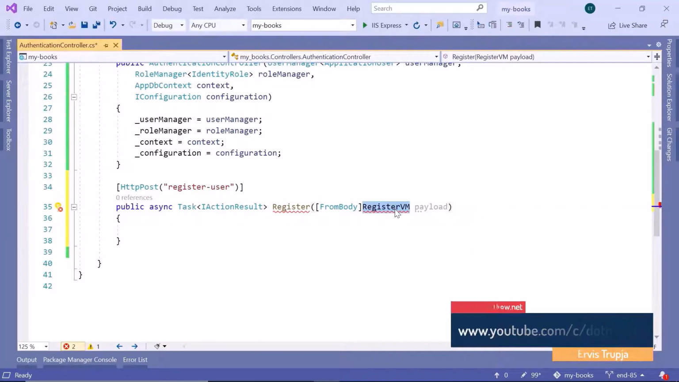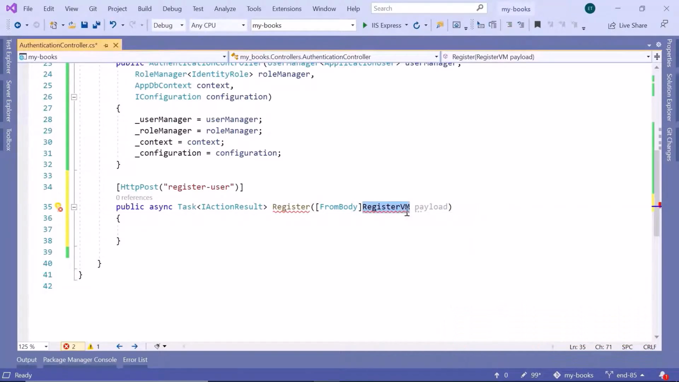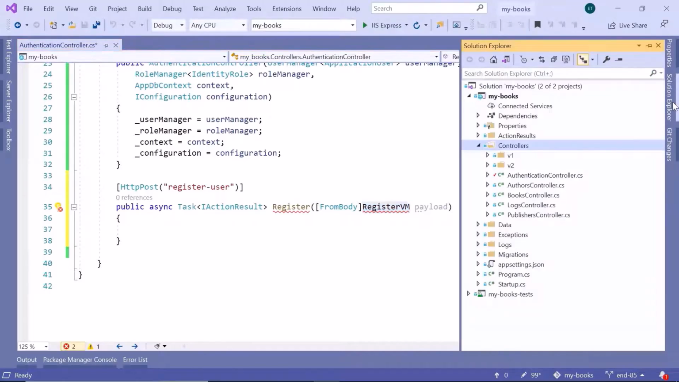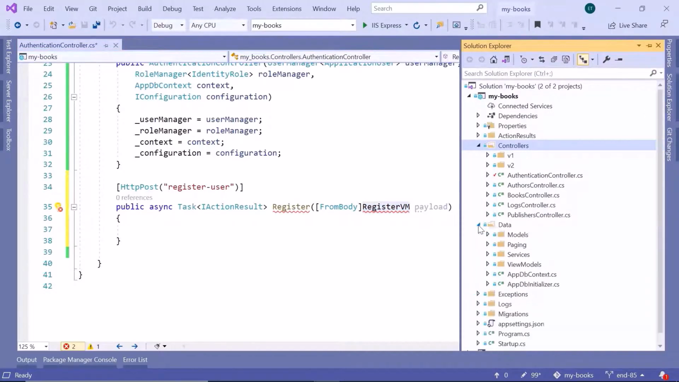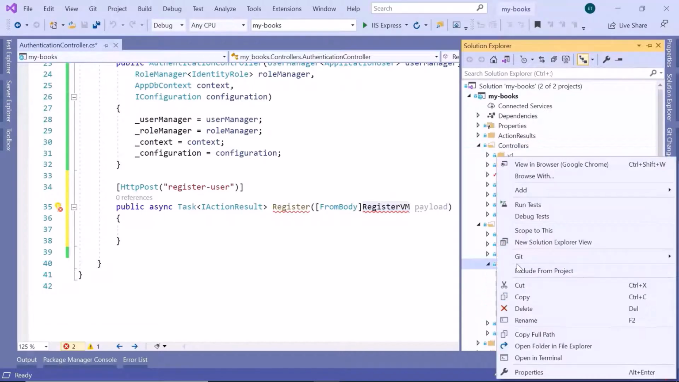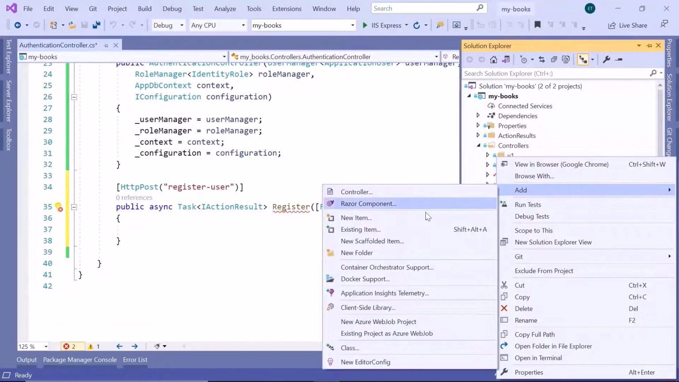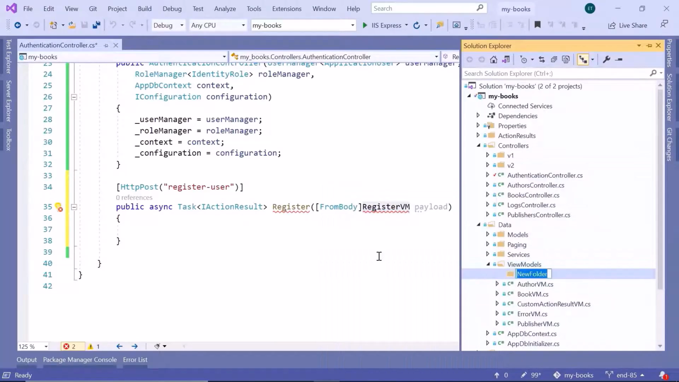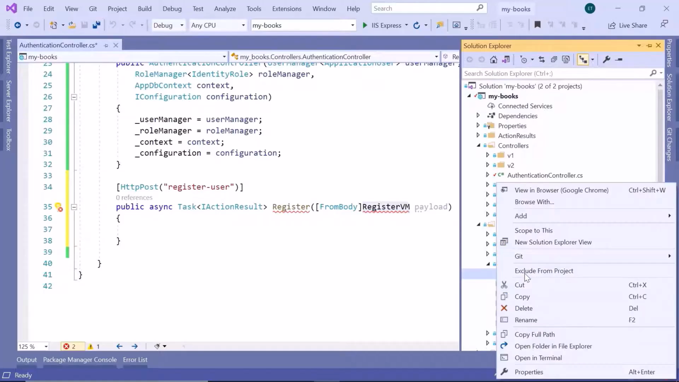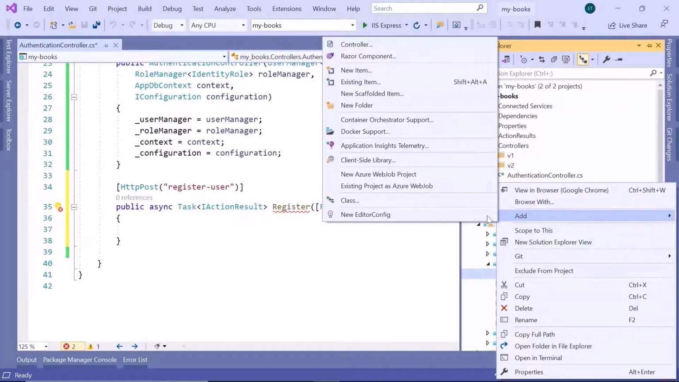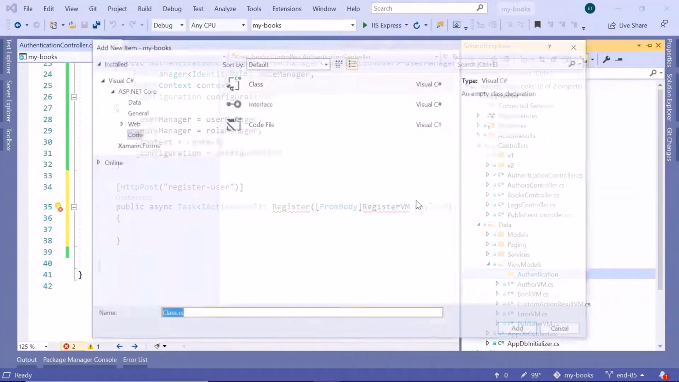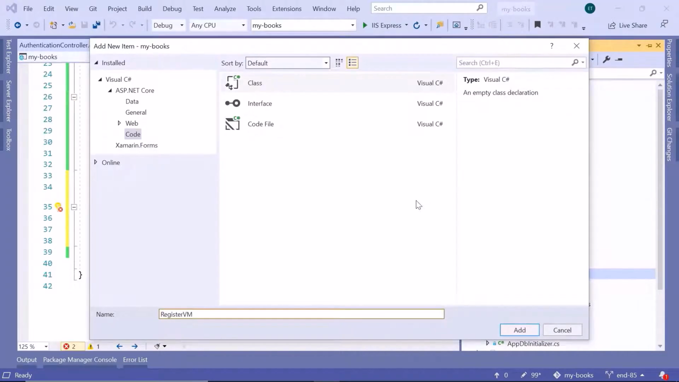So I'll just copy the name, Control C, then go to the Solution Explorer, and then in here go to the data folder. Inside the view models, I'm going to create a new folder. So add a new folder, and I'm going to name this folder just Authentication, because inside here I'm going to put all the authentication related view models. So just right click, then add a new class, and this is going to be the RegisterVM,